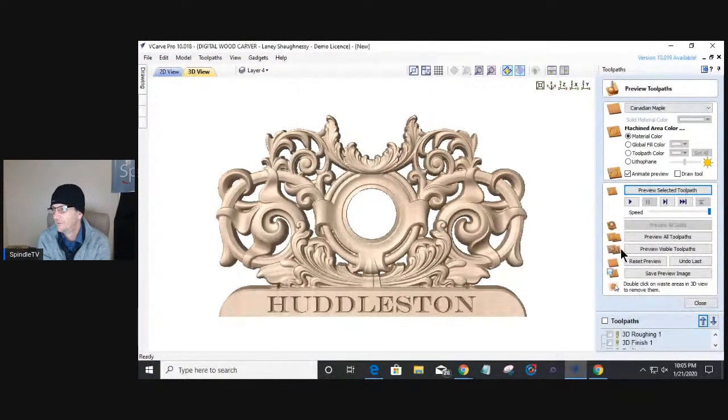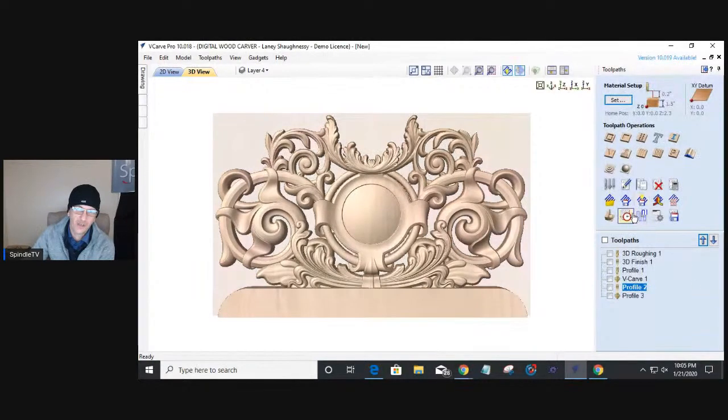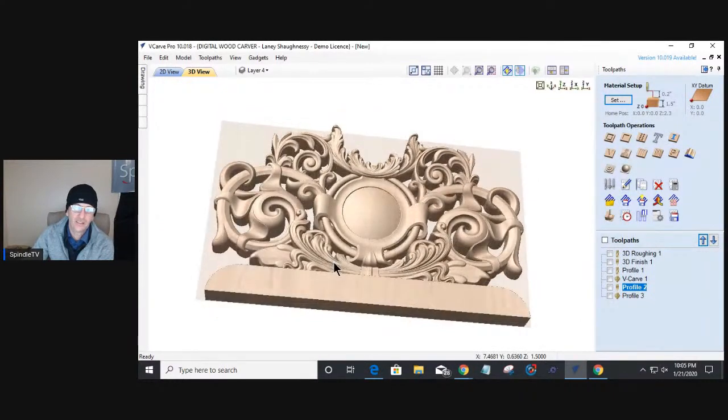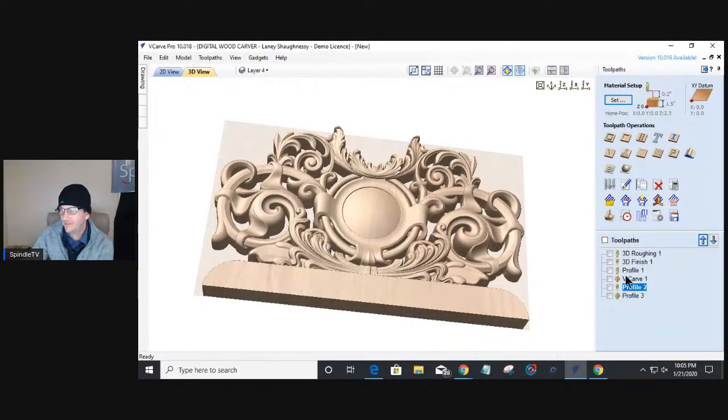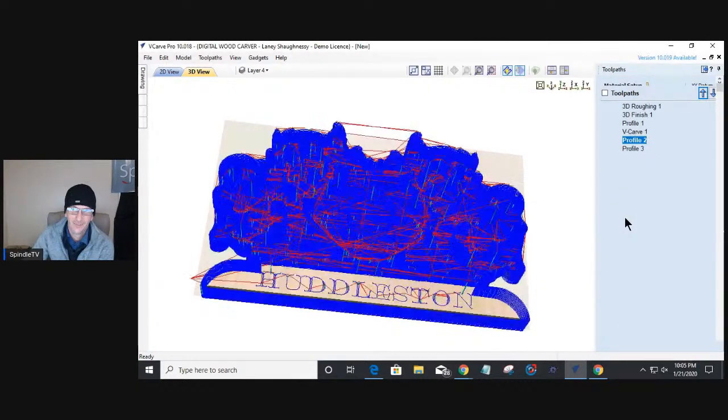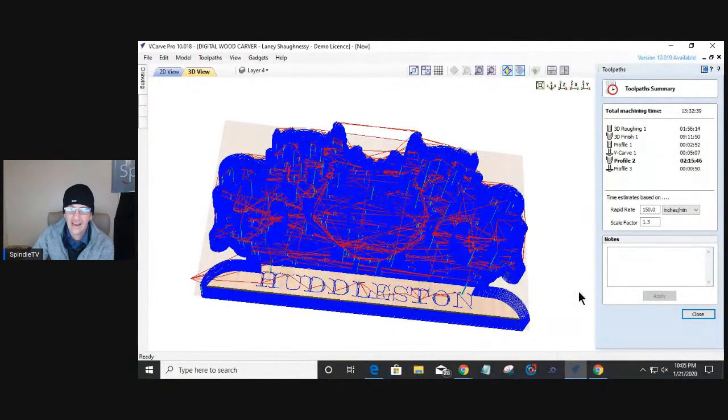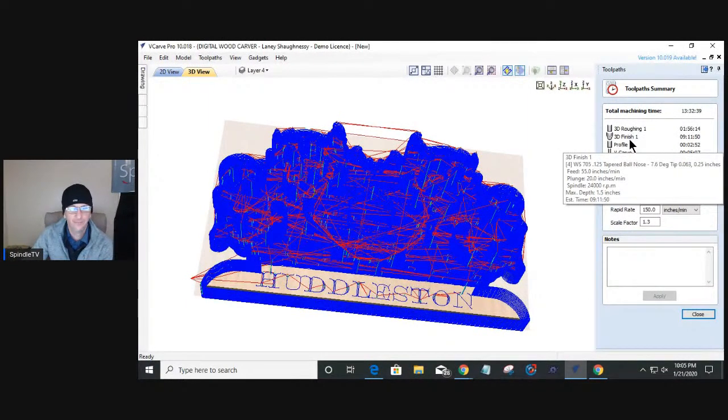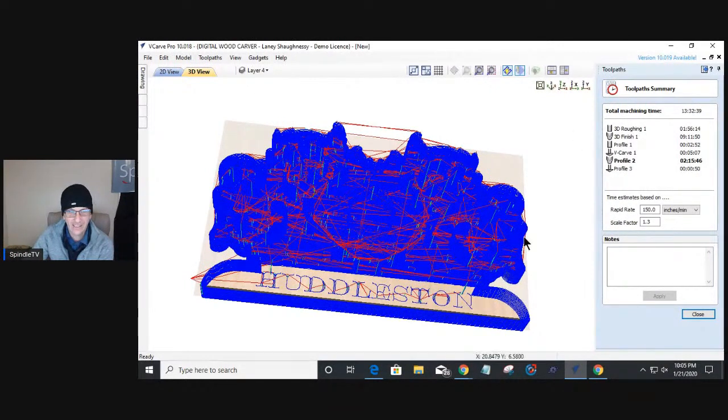All right, now Rochelle asked the main question. She asked the main final question of the night, and this is the closing question. How long would it take to carve this project? And I'm going to tell you right now, it's a long, long, long time. About 13 hours. And the largest part of it is your 3D finish cut. That's a 9-hour run. And that darn profile cut, because we got to use a small end mill to get down inside of that,